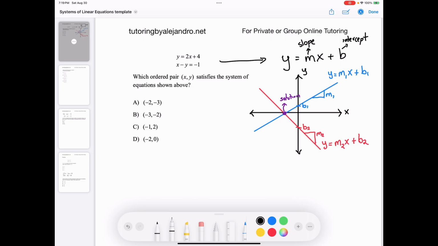You'll know what the meaning of a solution is, right? And you'll be confident enough to tackle these types of problems on your SAT exam. Okay, so